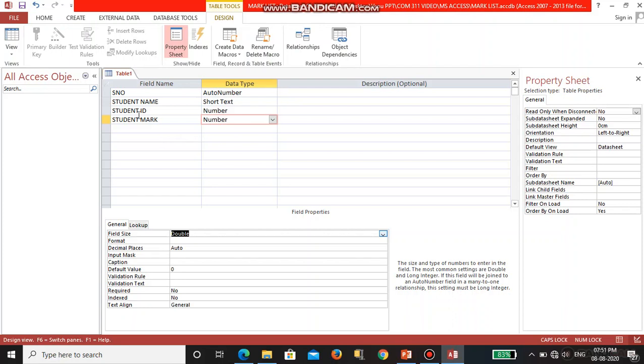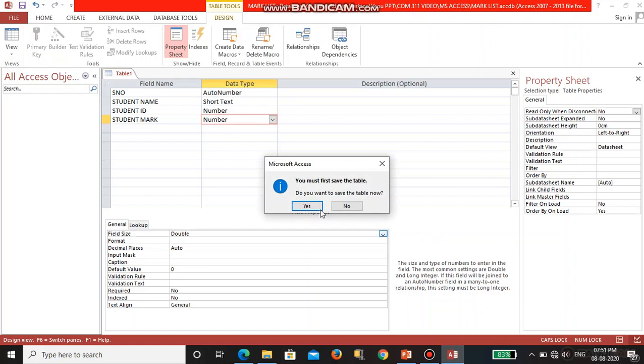After entering the design in the table form, you want to view the table. For this you go to the View option in the Design tab, and in the view you choose Datasheet View.